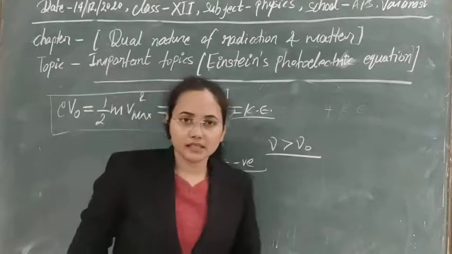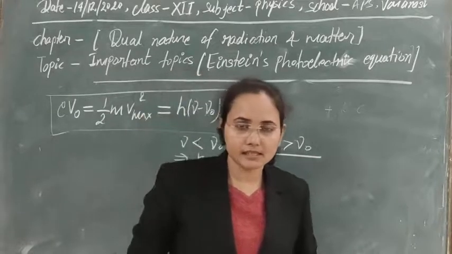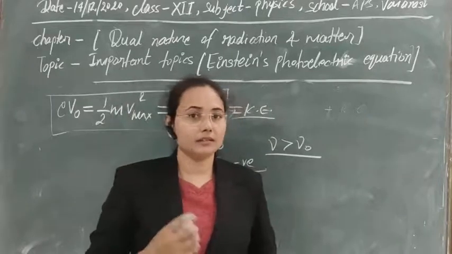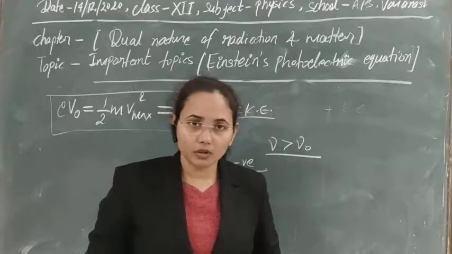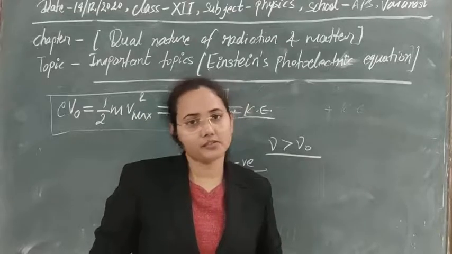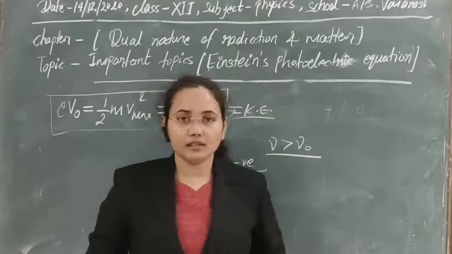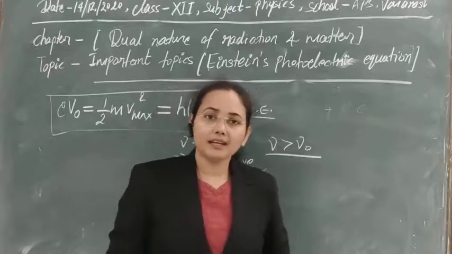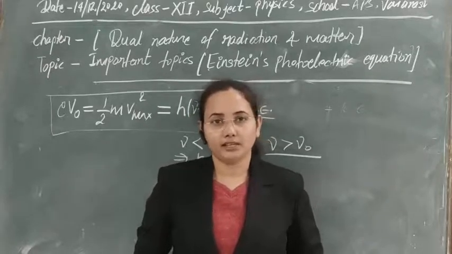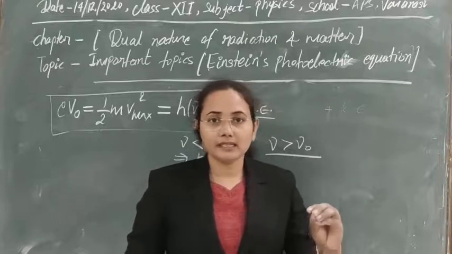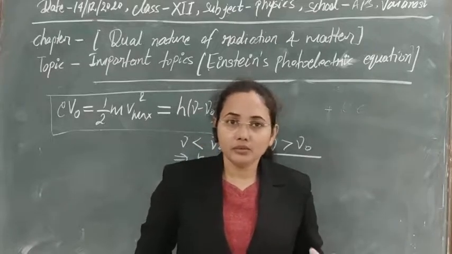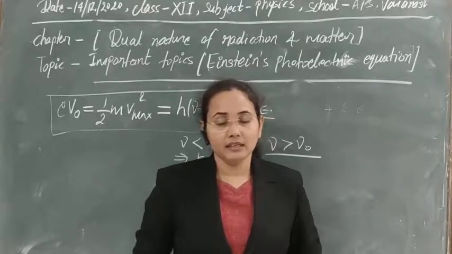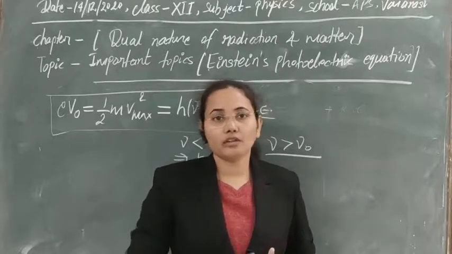So whatever we have discussed for the photoelectric emission and Einstein's relation, I think that is clear to you, and also how we can discuss the laws of photoelectric emission with the help of Einstein's photoelectric equation. Here the most important factor is that Einstein used the particle concept for the explanation of photoelectric emission. He used radiation as having a particle nature. He didn't use radiation as a wave here. The most important factor is that he used the particle concept, not the wave concept.